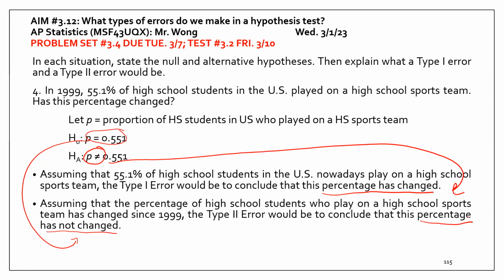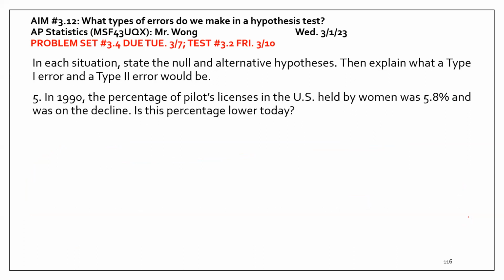Let's take a look at another example. In 1990, the percentage of pilots licensed in the US held by women was 5.8% and was on the decline. Is this percentage lower today? So let's state the null and alternative hypotheses in context. Okay,